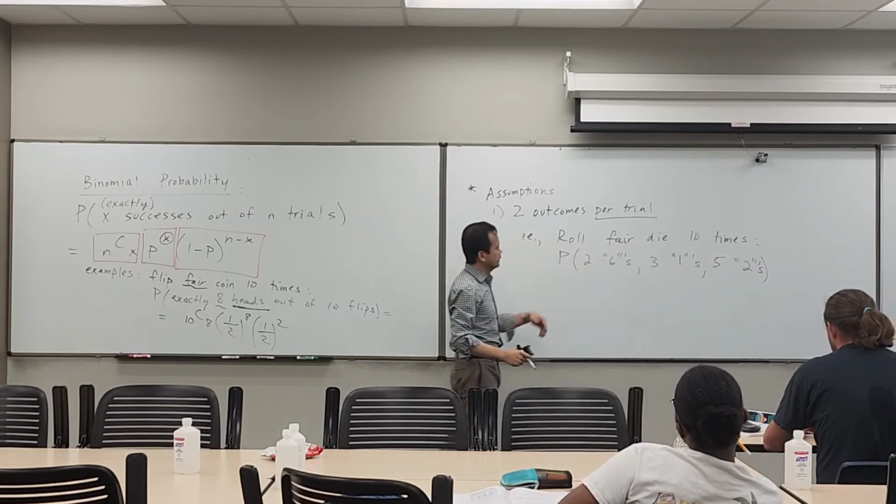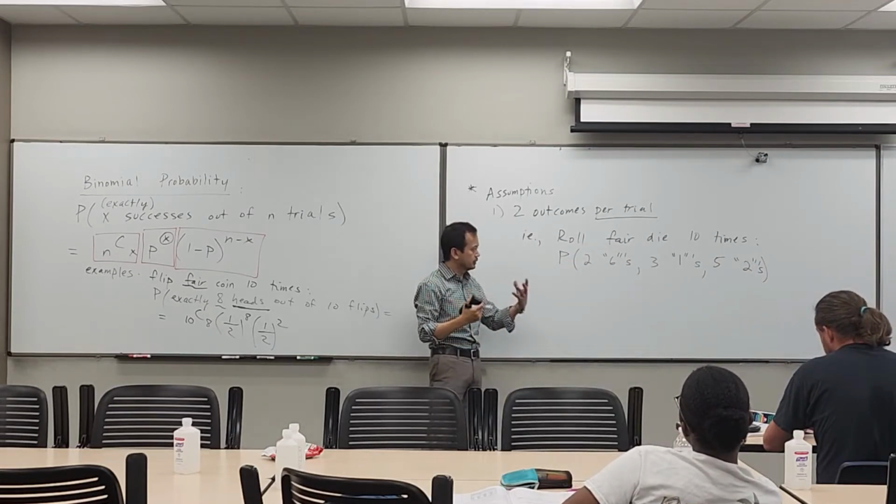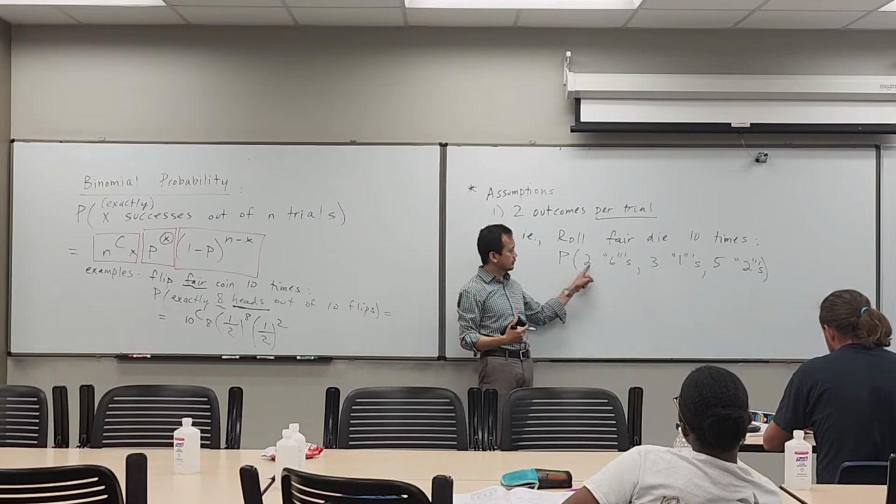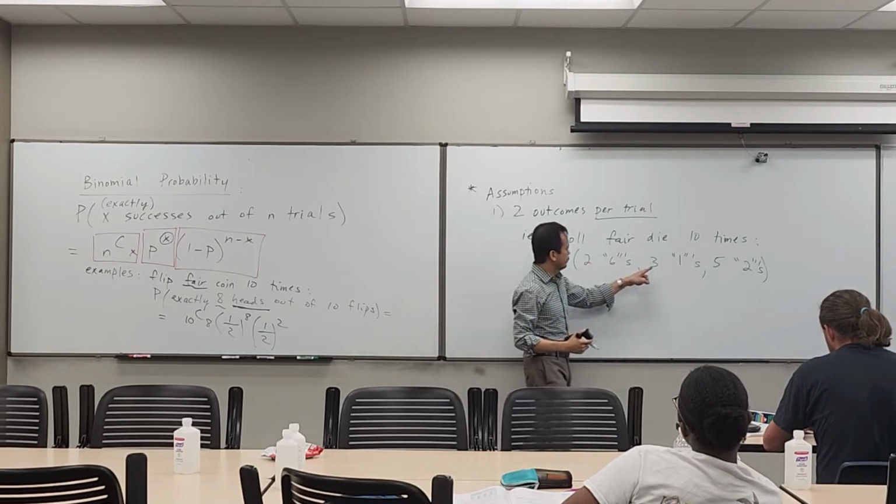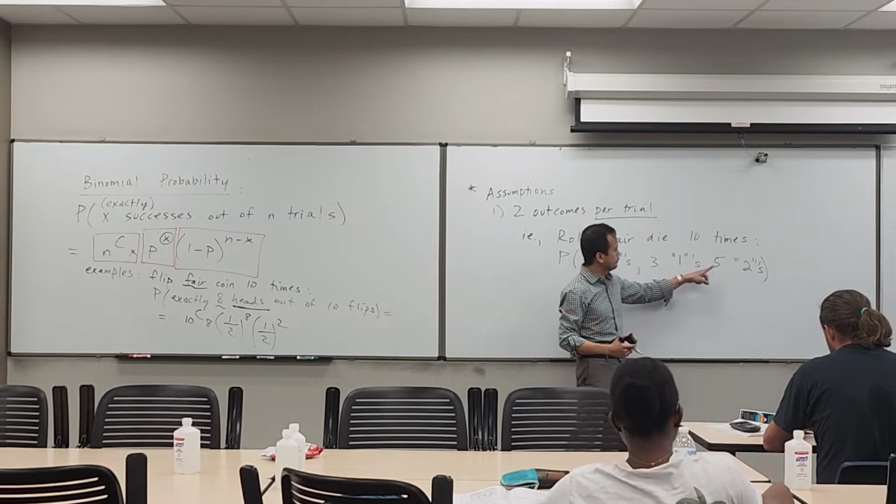So you roll a fair die 10 times, and you want the probability that of those 10 times, you're going to observe 2 outcomes that are sixes, 3 outcomes that are ones on the die, and 5 outcomes that